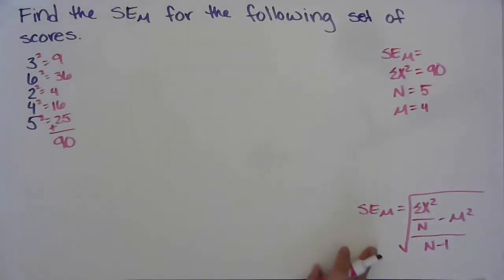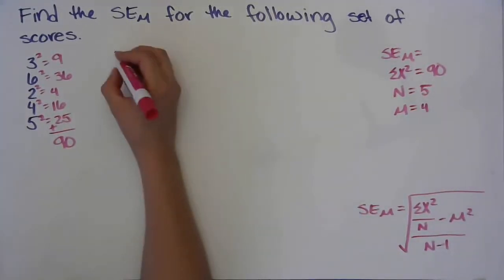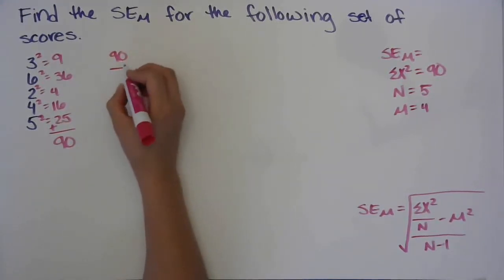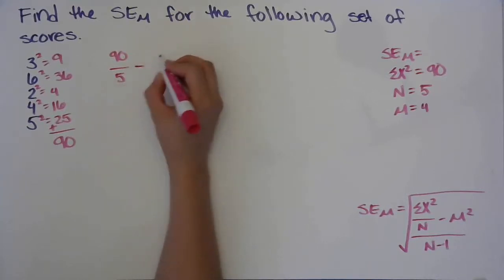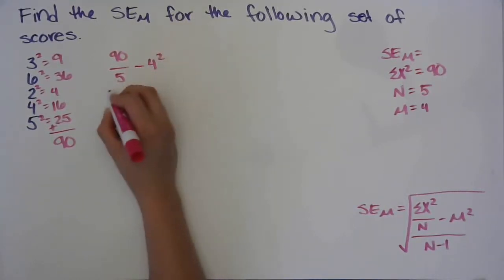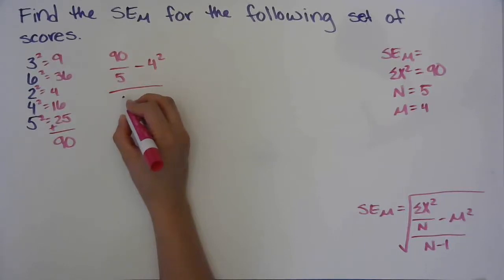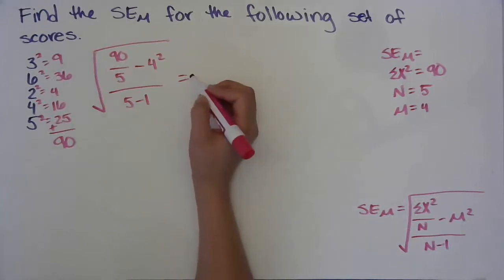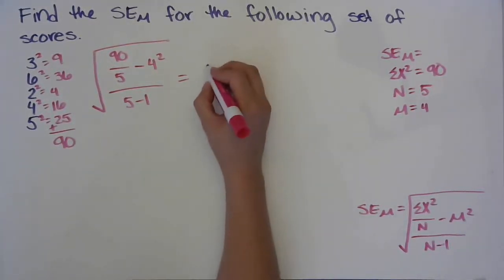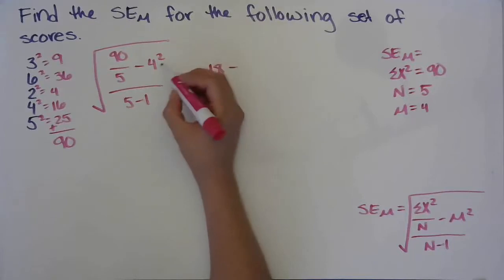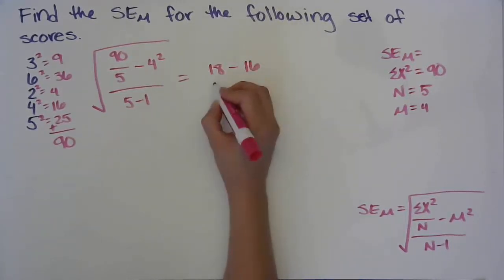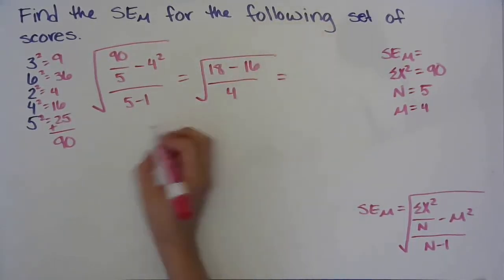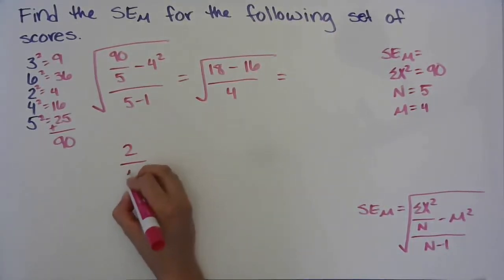Okay, now we have everything that we need to just plug in the numbers here. So our sum of x squared value is 90 divided by our N value of 5, minus the mean squared, which is 4 squared, over our N value of 5 minus 1. And then we are going to square root all of that. Okay, so 90 divided by 5 is 18. And then 4 squared is 16. 5 minus 1 is 4. So 18 minus 16 is 2. Divided by 4